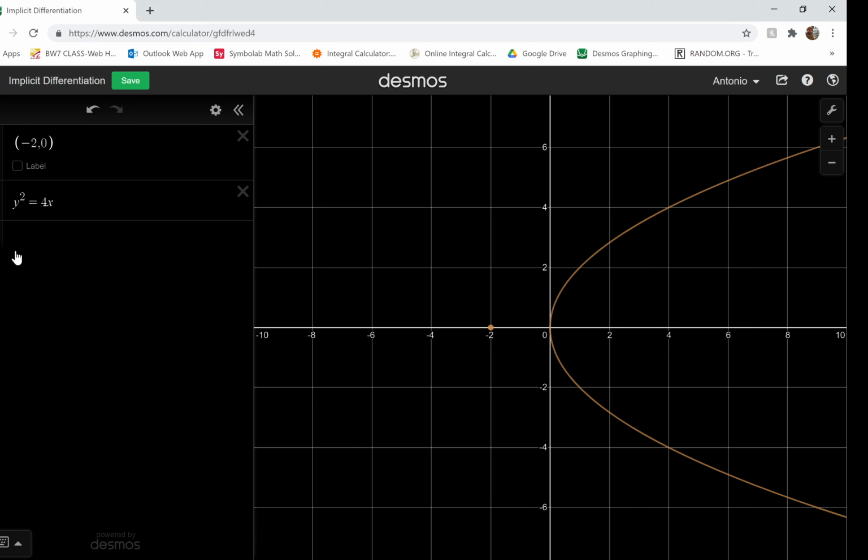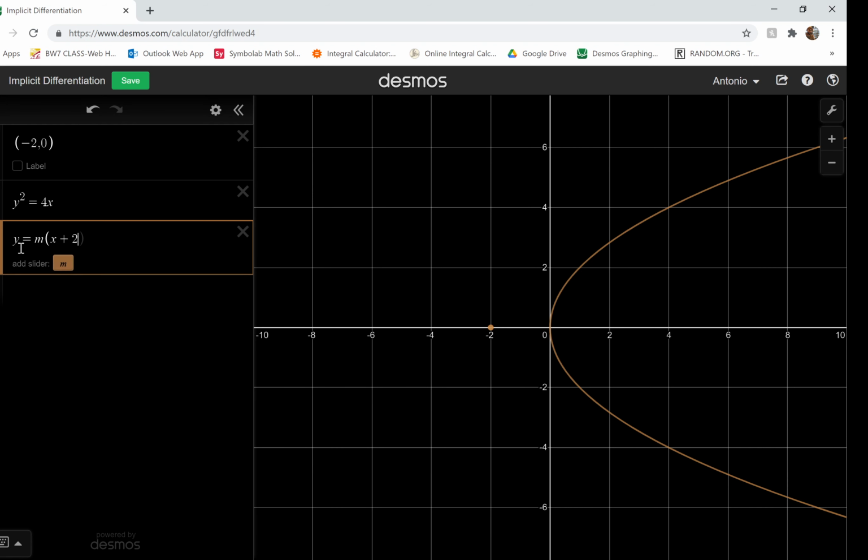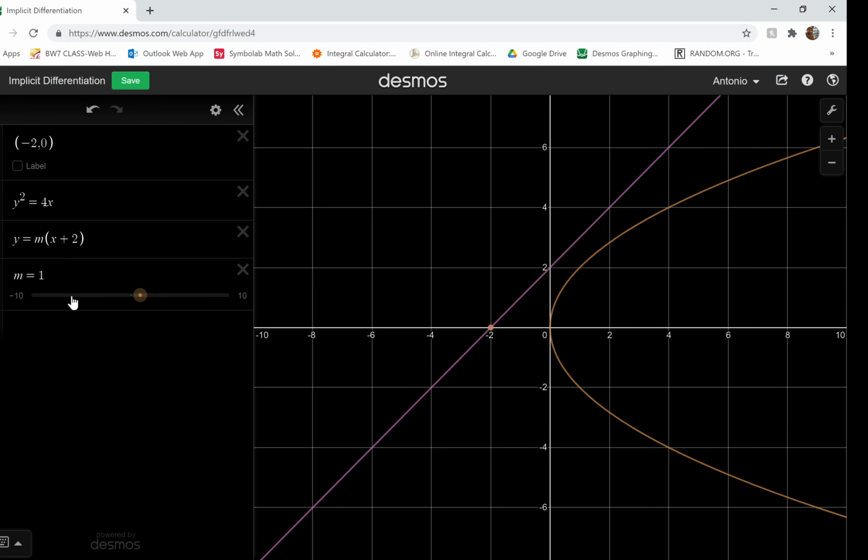All right, so what do we need to find the equation? We need a point and a slope. So I'm given a point, (-2, 0). I don't have a slope. But I know it's a tangent, so I know there's a derivative involved. So let's say we have y equals m for the slope, times x plus 2. All right, and I'll add a slider here. Okay, and then notice here,